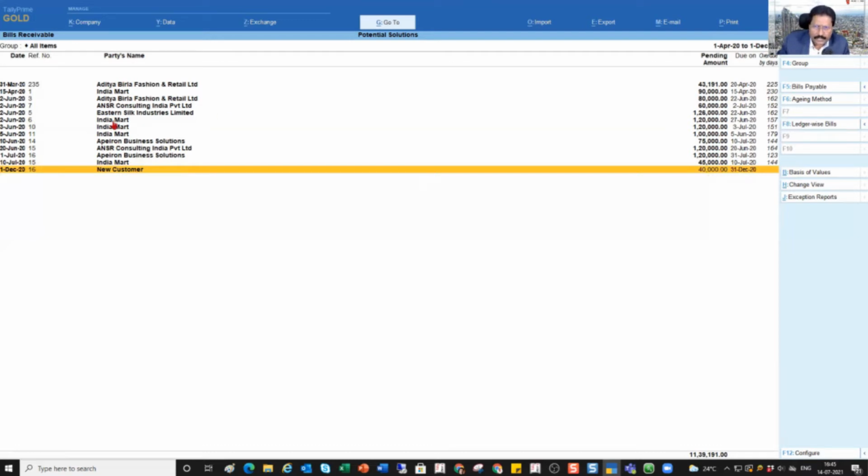Now this way, if you see, it becomes a little difficult for you to see, for each party, what is the total bill that is outstanding, what is the total amount of outstanding. If you want to see, then very simple. Remember your secret number one. On the right hand side button bar, there is one button F8 which says ledger wise bills. So you are asking Tally to provide this report ledger wise, and against that particular party, ledger is party, now give me what are the bills that are outstanding. So it becomes easy for us to view and analyze the report.